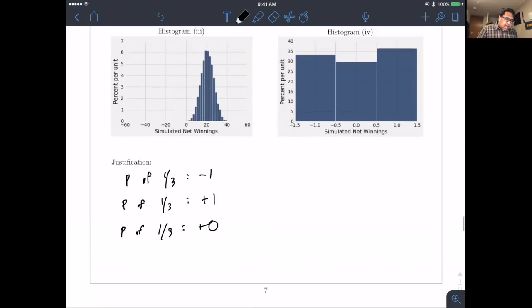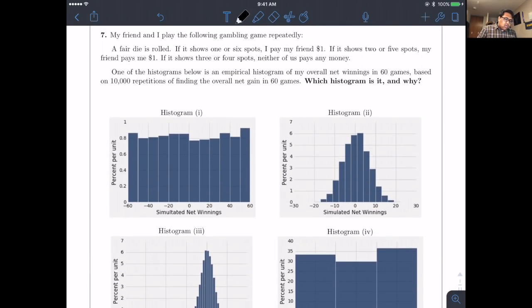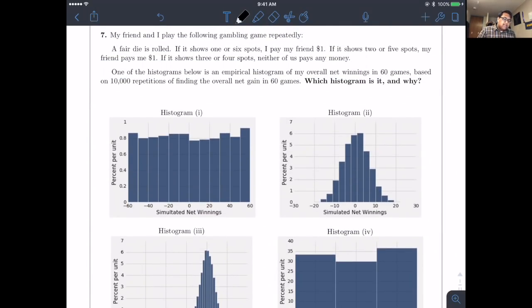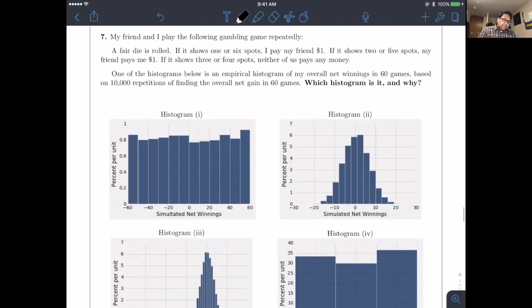So now the question is, we ran this 10,000 times. Which histogram represents my net winnings over 60 games? So we play 60 games, and then we play 60 games 10,000 times. So which histogram represents this data and why? Well, so